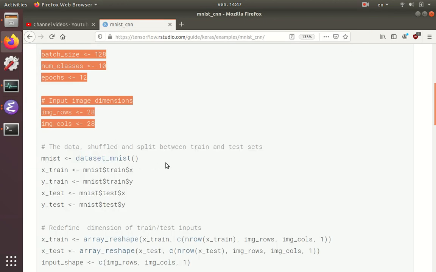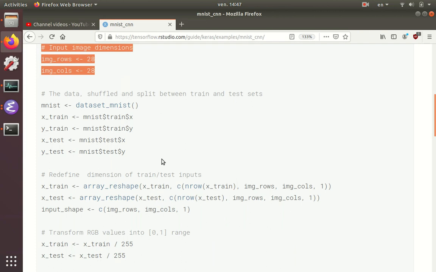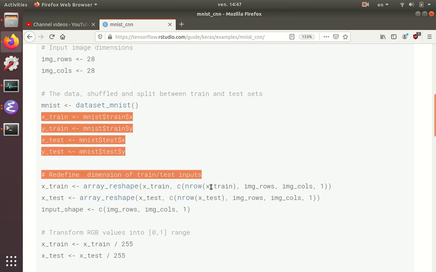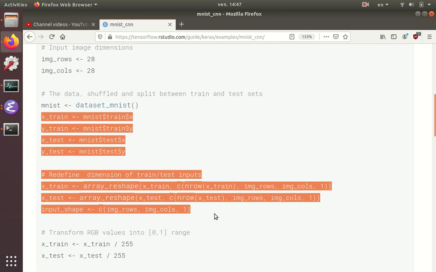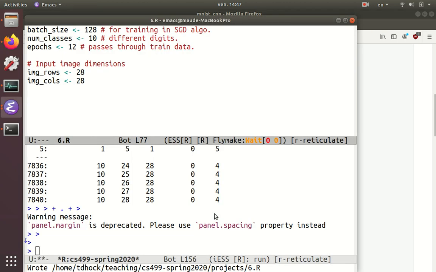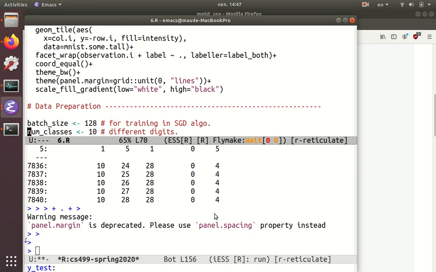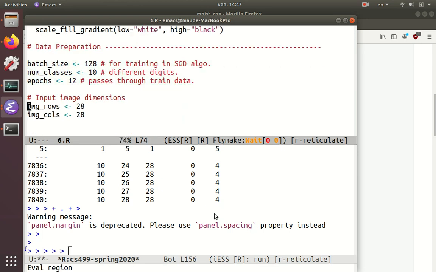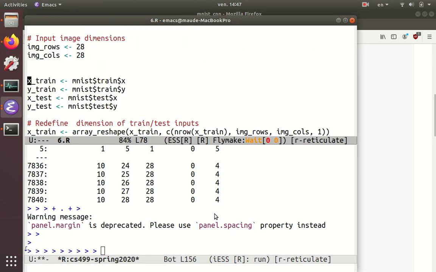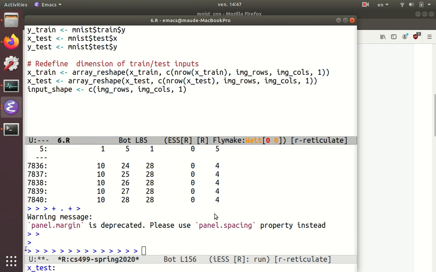So here we've already downloaded the dataset as mnist. Here they create x train, y train, x test, y test. So let's just try to do that. Let me execute those lines of code. Same thing here. So it says redefine dimension of train test inputs. Not sure exactly why they wanted to do that, but now we have,